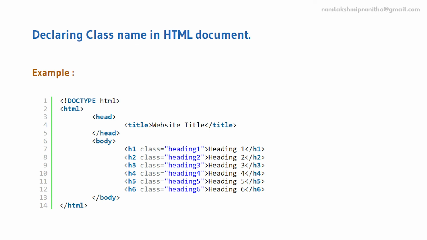Declaring class name in HTML document. Example: in this example we have declared multiple heading tags, and inside the heading tag a class declaration is defined. The class attribute contains class names. The output of the HTML file is displayed with various heading tag content. Output: